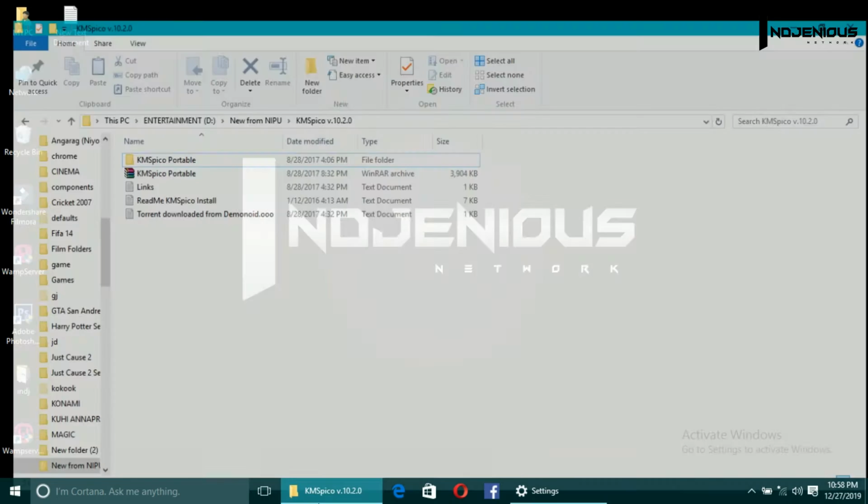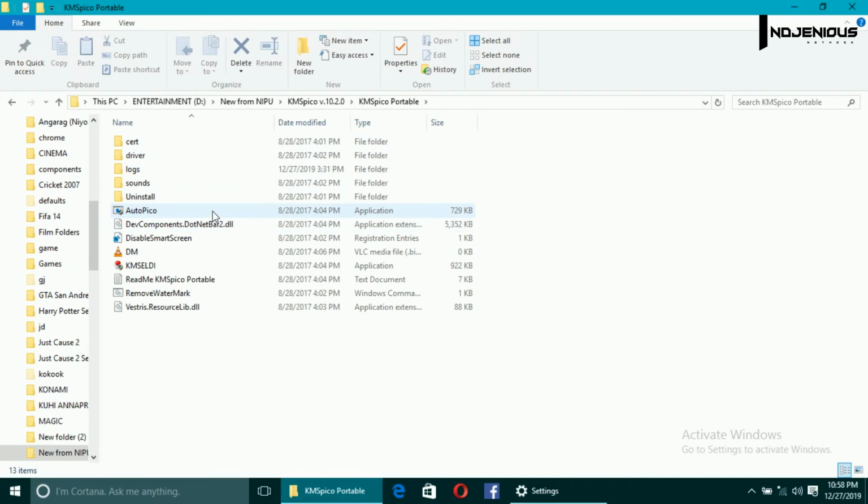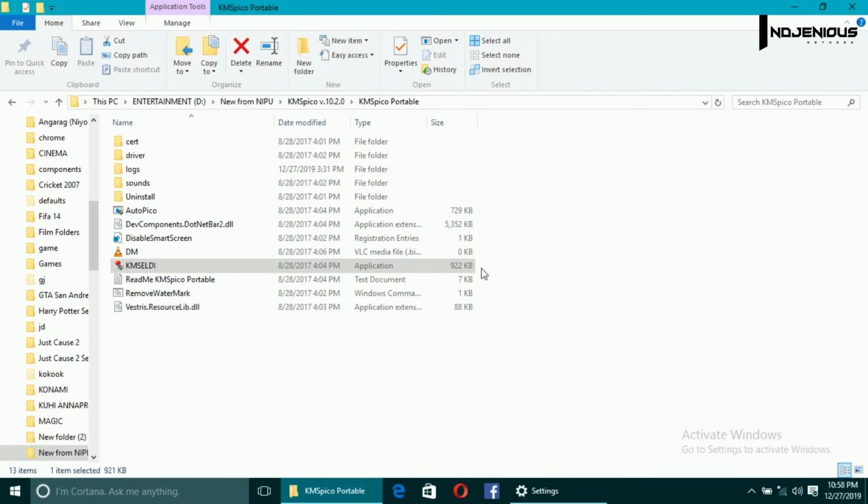You have to go to KMS Pico. As I've said, I have already downloaded it, and I'll leave a link in the description to download this software. You have to open KMS Pico, and there is an option called KMSELDI. As you can see, this application, you have to click on it. Yes, and then wait for